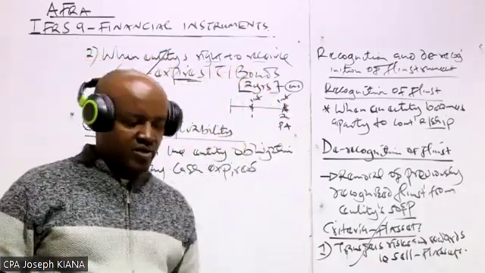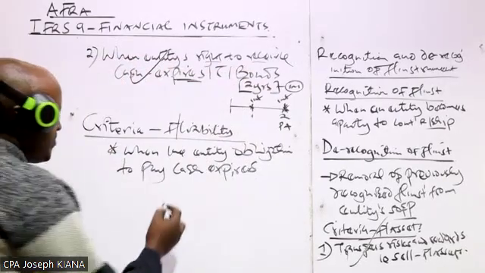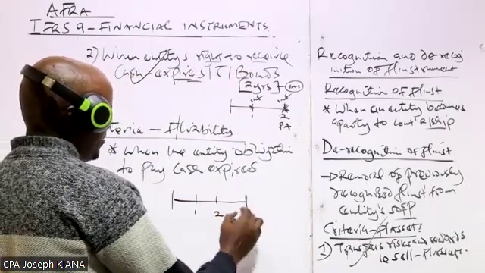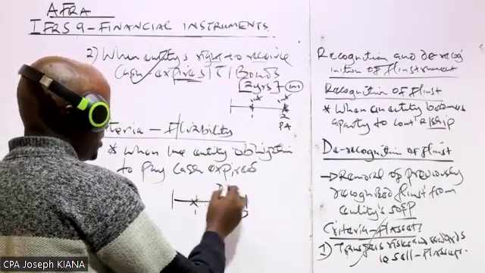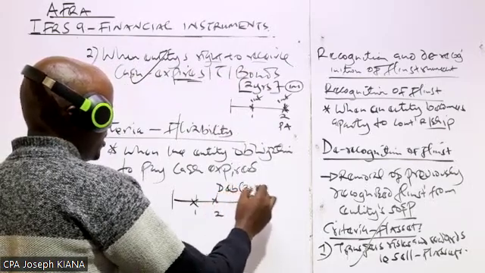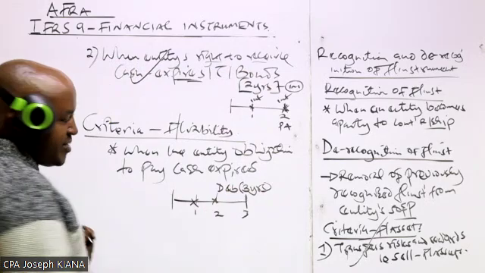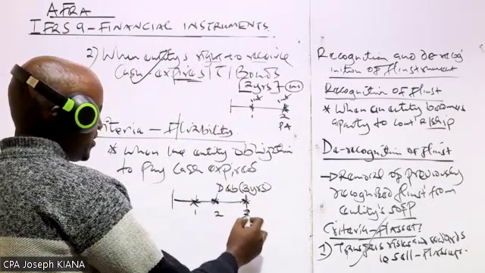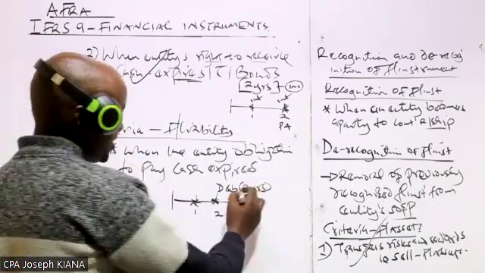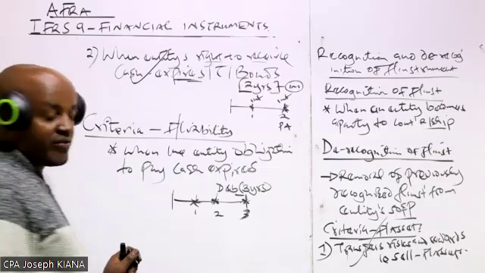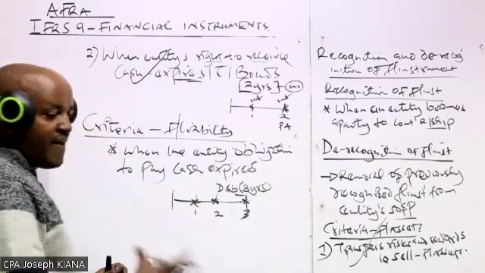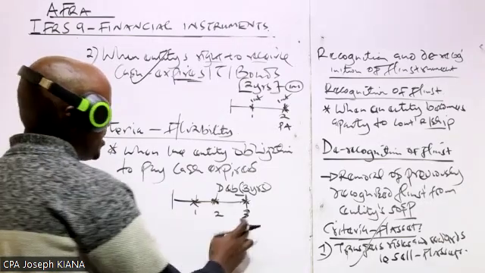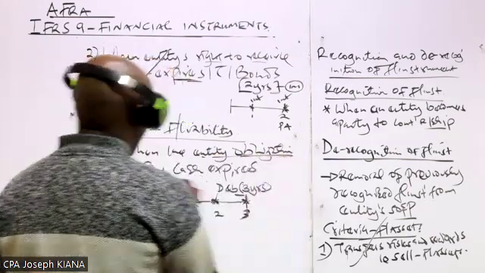Like in this case, assuming you have a company that has issued debentures having a life of 3 years. If the company issued debentures with a life of 3 years, it means that the company is supposed to pay interest for the next 3 years. And then at the end of the 3rd year, the company will have to redeem these debentures because they will mature. At the end of the 3rd year, the company will be required to redeem them by paying back the principal amount. So basically what that means is that at the end of the 3rd year, we say that the entity's obligation to